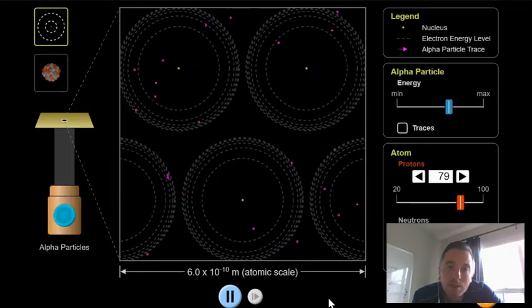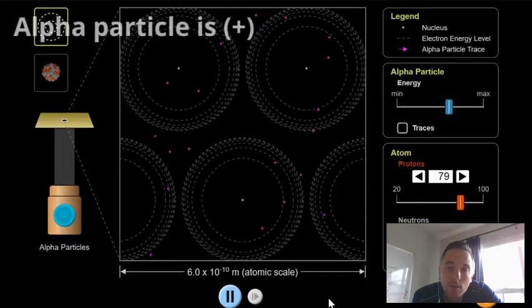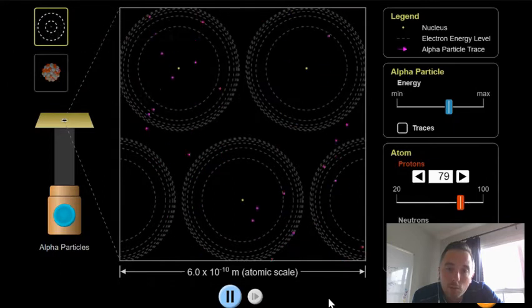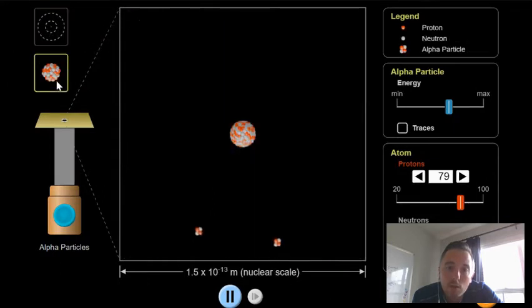But the focus here again is, how does he know this? He knows that the alpha particle is positive. He knows that positives don't like other positives. So if alpha particles move, it's because they're running into positives. So he develops the positive charge to basically be the nucleus, or the entirety of where all the positivity is